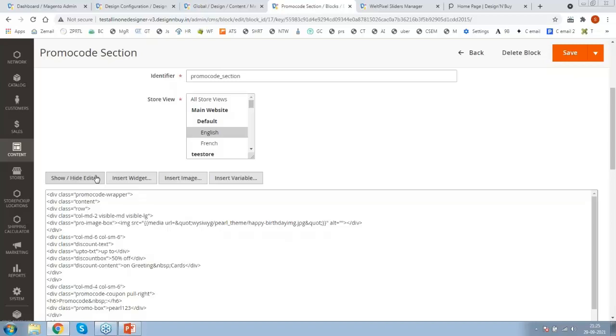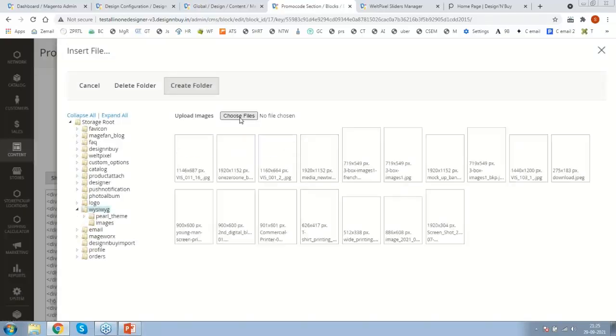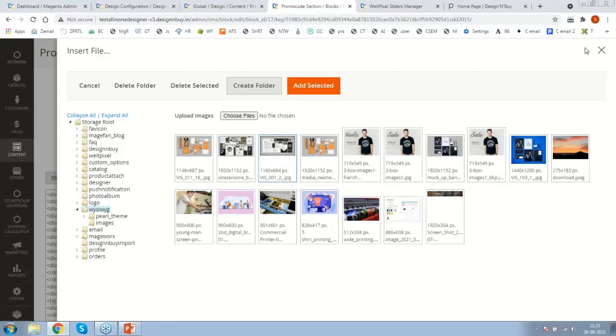Now, here with the help of HTML editor, you can put your content, you can use your image. So you can see that this is the URL of the image. If you want to put new image, simply click on insert image, choose your image. After uploading the image, click on add selected. That's all.